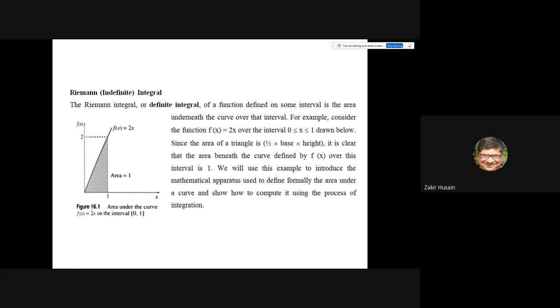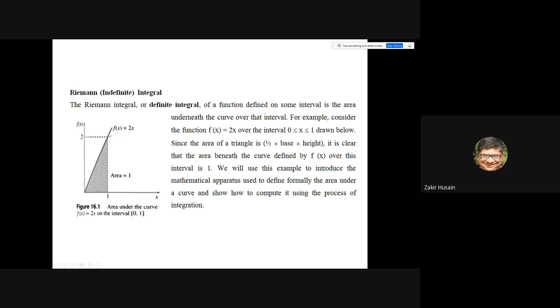See, so far what we have been doing is we took a function and we simply tried to move from its derivative and try to recover the original function. In case of a definite integral, we are given a function, we are given a curve, and we are told, okay, what is the area beneath the curve? You're given 2 points. What is the area underneath the curve between the interval, in this case 0 and 1?